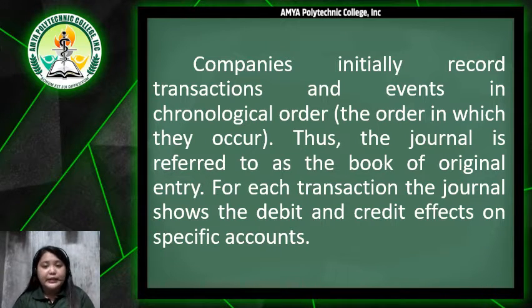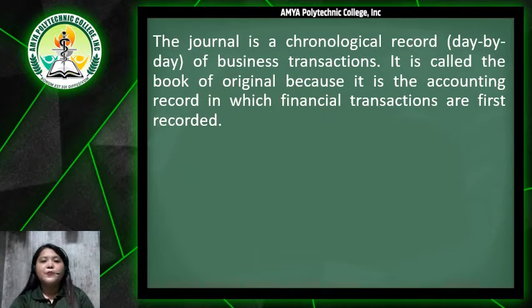For each transaction, the journal shows the debit and credit effects on the specific accounts. The journal is a chronological record, or the day-by-day record, of business transactions. It is called the book of original entry because it is the accounting record in which financial transactions are first